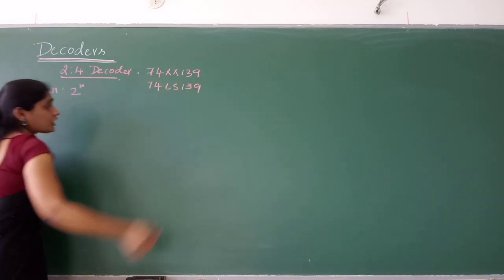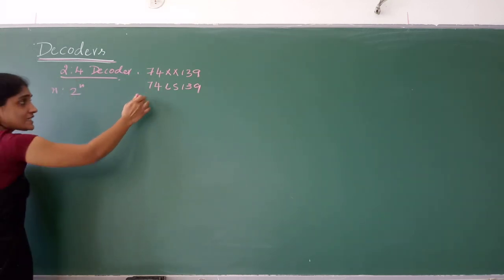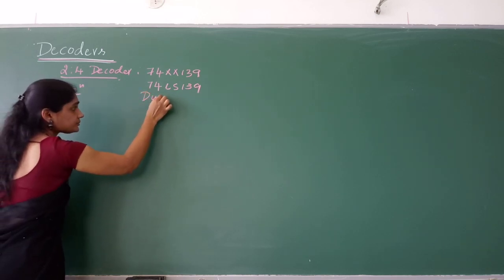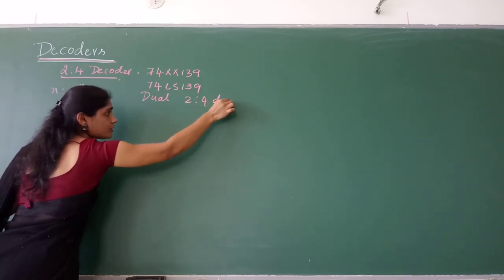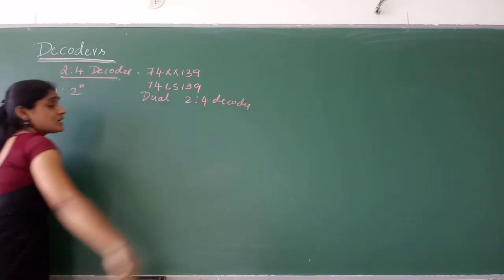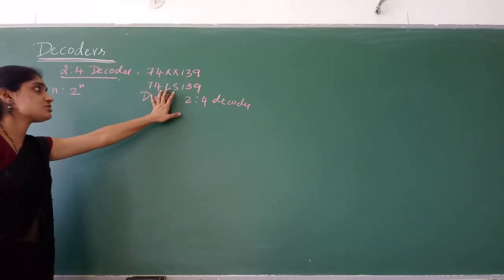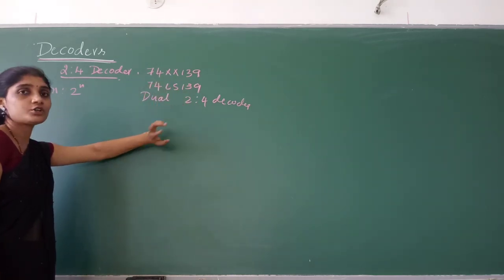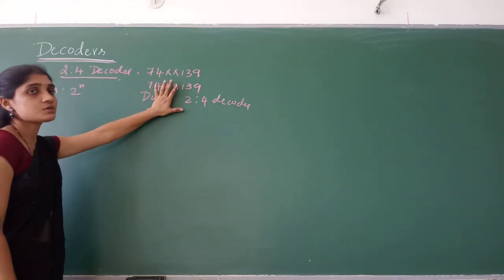In the lab you will be using the 74LS139, that is a decoder. What type of decoder is it? It is a 2:4 line decoder. In this IC, we don't have only one 2:4 decoder, we have two 2:4 line decoders, so it is called dual, because we have two 2:4 decoders. So it's a dual 2:4 decoder. What is the IC name? 74XX139. If it is LS, it is low power Schottky series. Generally the 74139 IC is a dual 2:4 decoder.